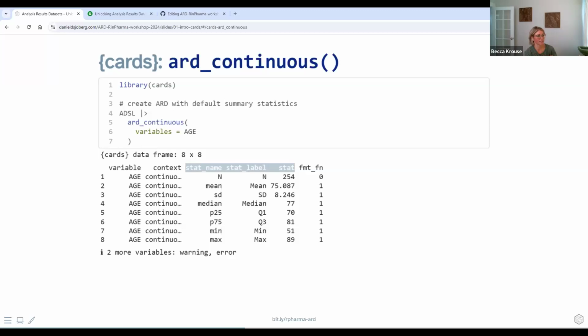So this gives a short name and then a proper label to the statistic at hand. Again, these are the default statistics that are included, but you can customize the label and all of that. The stat is the value, the result. So the ARD,